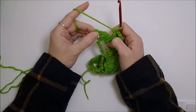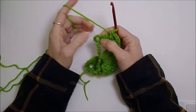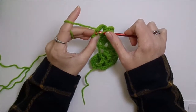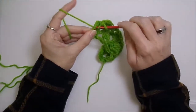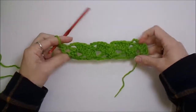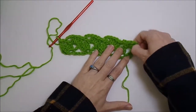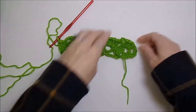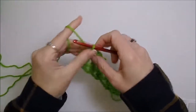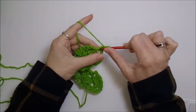And we're going to put 1 double crochet into this chain 4 that we have here in the beginning to finish off our row. So this is what you should have so far. You're going to chain 1 and turn. We're going to put 1 double crochet into that beginning stitch,